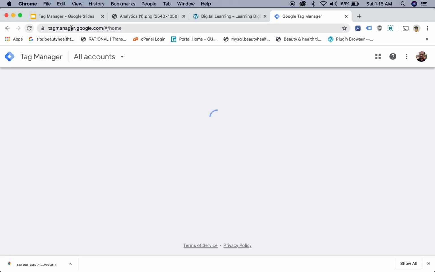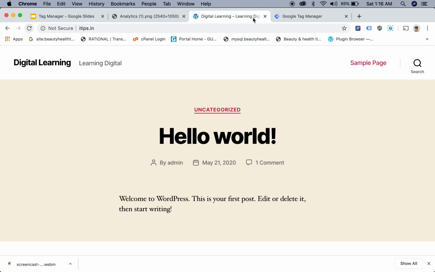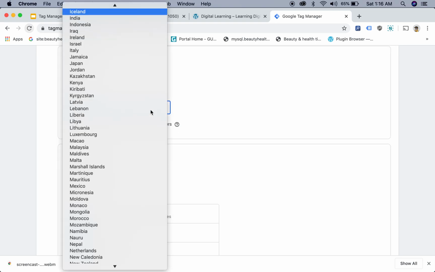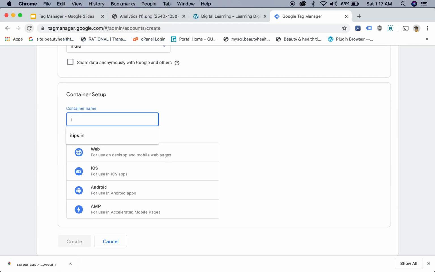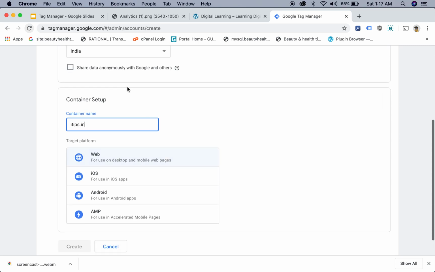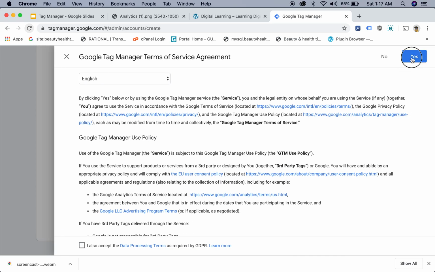Now I'm going to Tag Manager. Here I'm going to create one account for this website. So iTips, I'm selecting India. iTips.in. In one account there can be multiple containers, or multiple websites. This is web, not iOS, Android or AMP. This is specifically web. I'm creating. Yes,